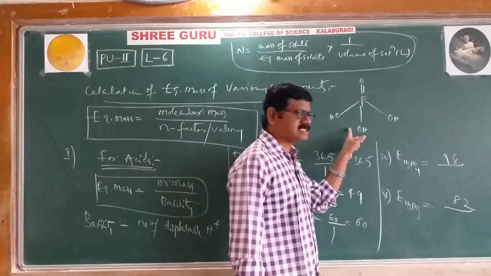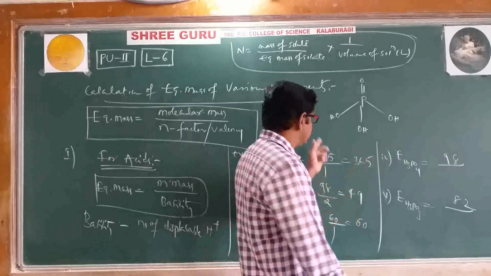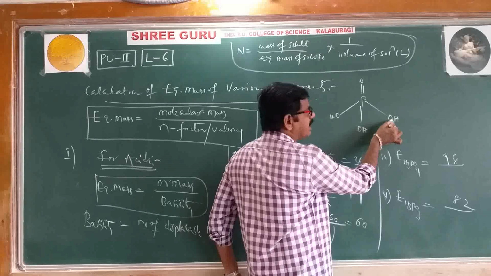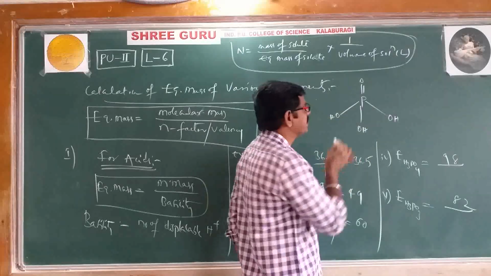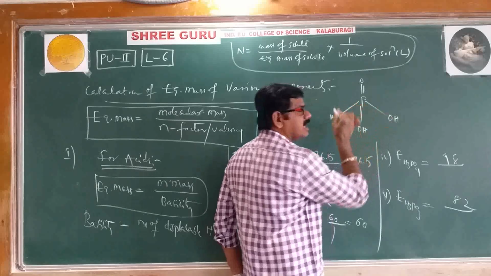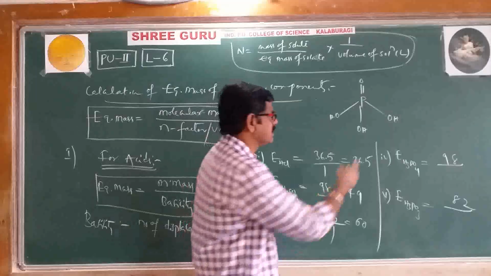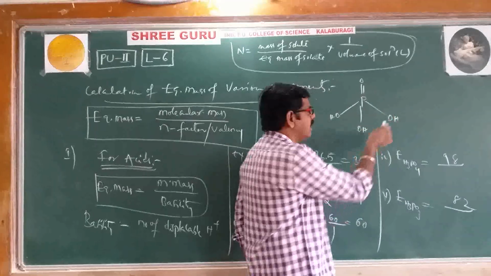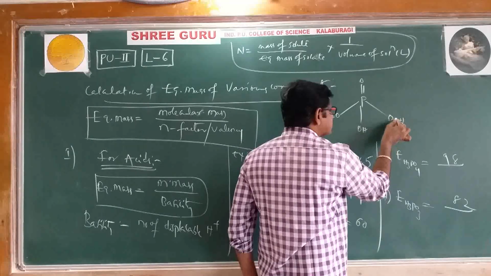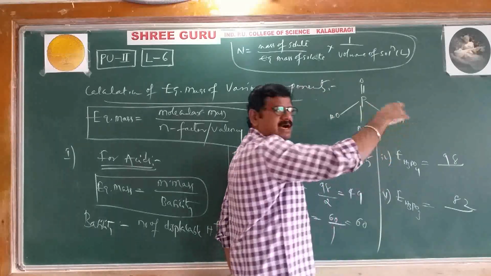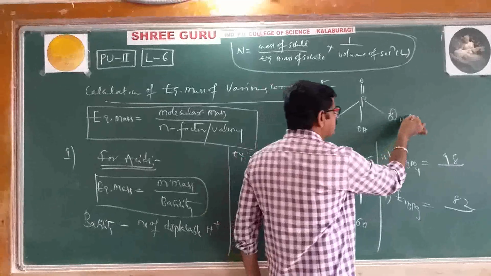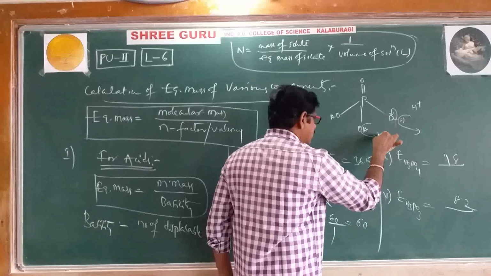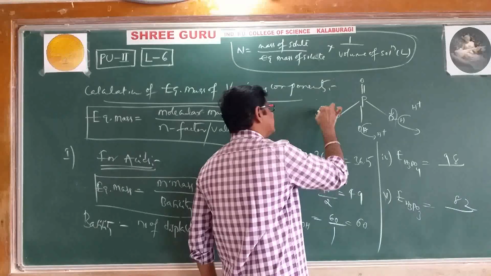Now, what is its basicity? Here, see the important point. If hydrogen is connected to a highly electronegative oxygen, what happens? A lot of polarity exists between O and H, because there is a large electronegativity difference between them. The oxygen takes the sigma electrons towards itself. In this case hydrogen goes without its electron, called H plus. Here also hydrogen is eliminated without electron as H plus. Here also.